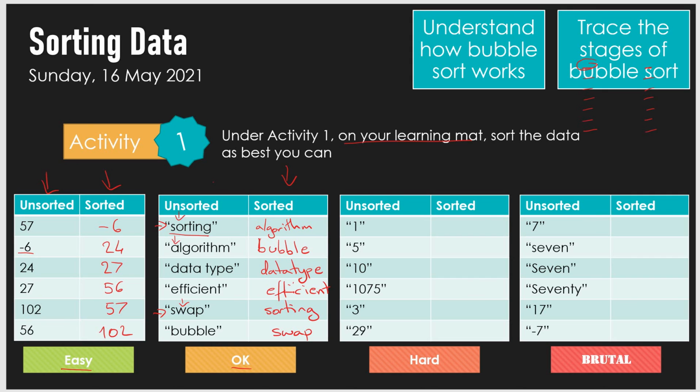Now let's have a look at the hard one. Looking at the data here on the unsorted side, what we would have to do is look at all of these words, and again, because they have quotation marks, they're not actually number values or integers like the first table. These are actually strings, or decimals from the ASCII table. Now, even if they are just decimal characters, 1 would still be of a lower value than 5, because again,